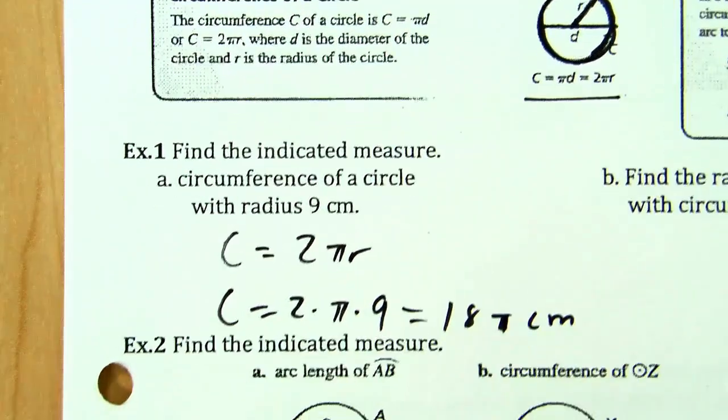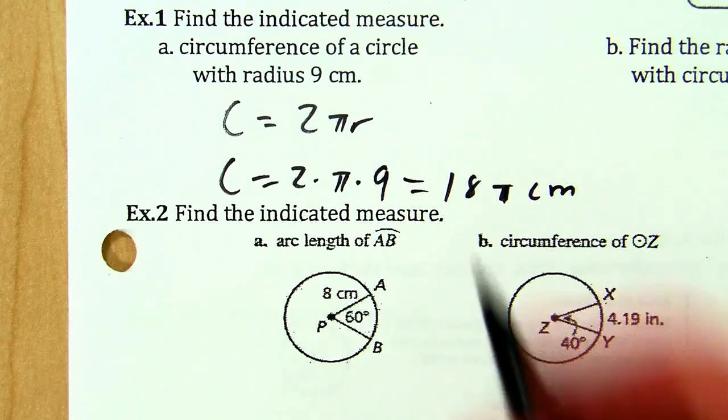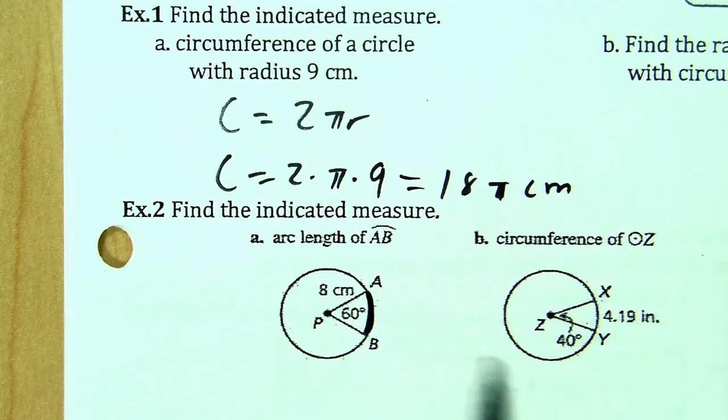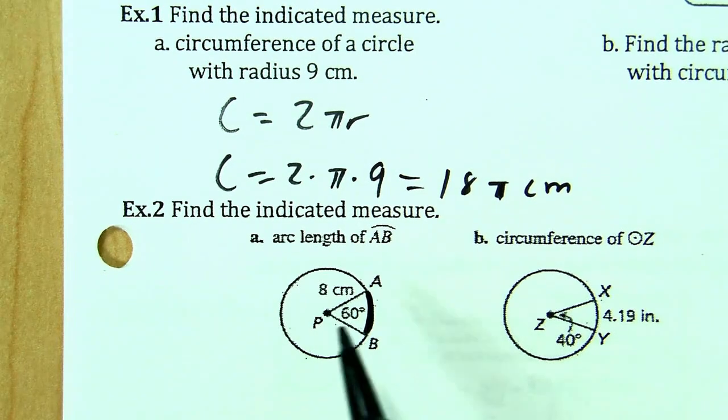Example 2 will use this arc length formula right here. So I'm only looking for the length from right here from A to B. And since there's 360 degrees in the circle,